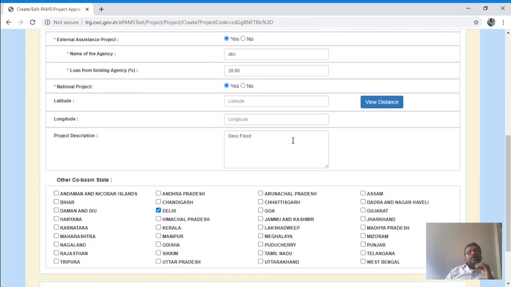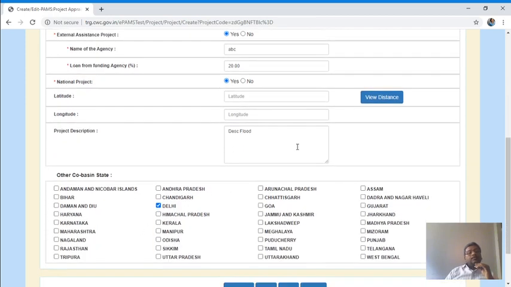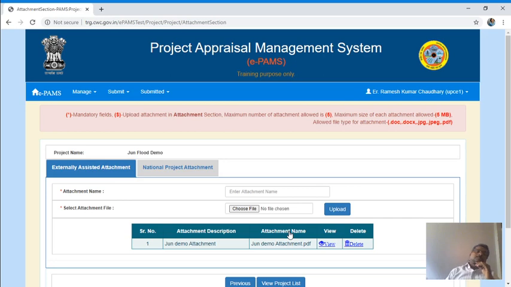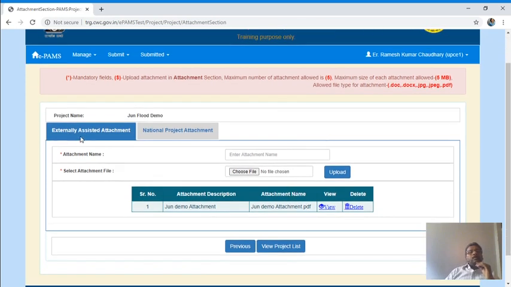I have chosen something arbitrary here for other co-basin state, then next. I can also put attachment related to externally assisted national project here. This is the step for the project creation.